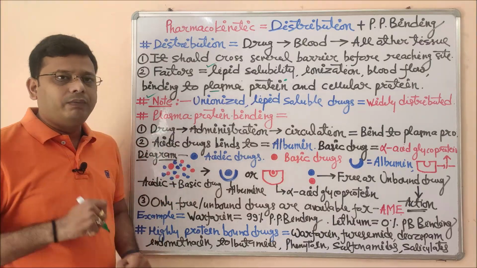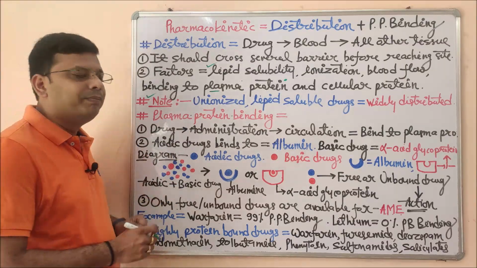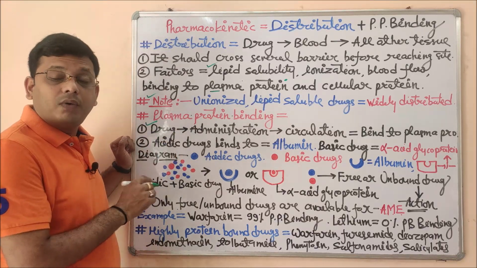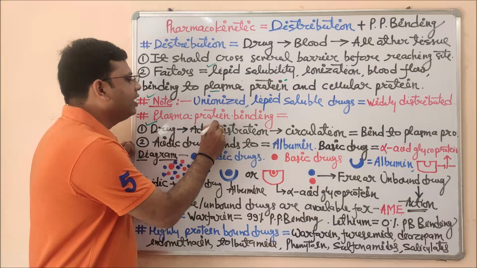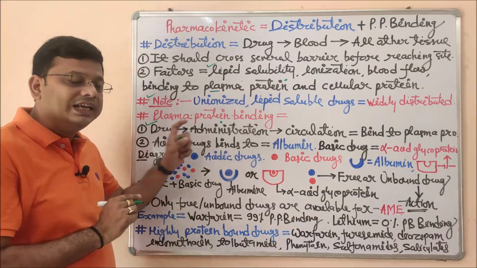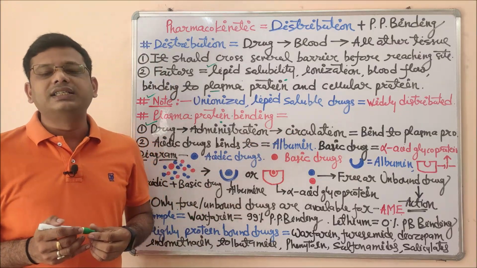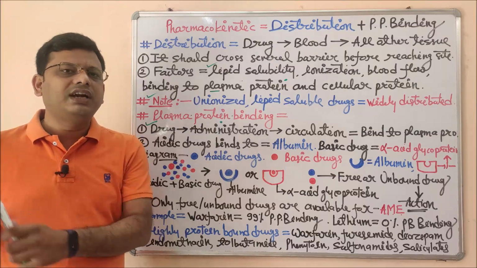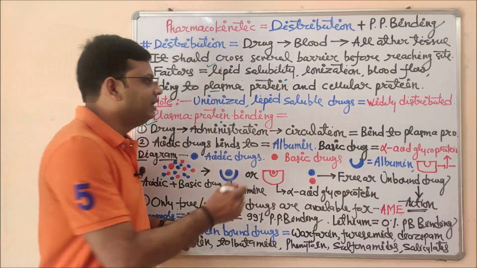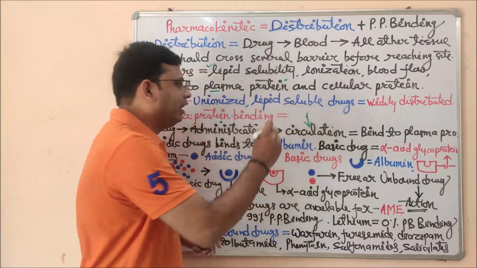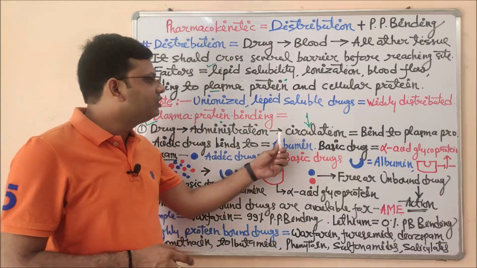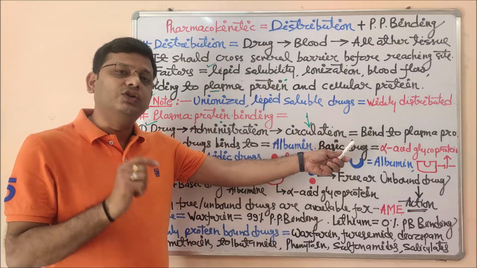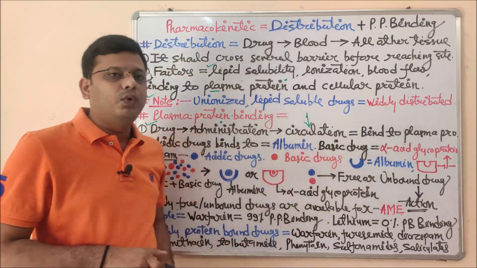Now let's see the important phenomena and processes under plasma protein binding. First point: whenever we take a drug by any route of drug administration, it must reach the circulation. If the drug is given through the oral route, it will go through disintegration, dissolution and absorption, then finally circulation. But if the drug is given directly via the intramuscular route, it will directly reach the circulation. After reaching the circulation, the drug has the property, depending on the nature of the drug, to bind to plasma protein.